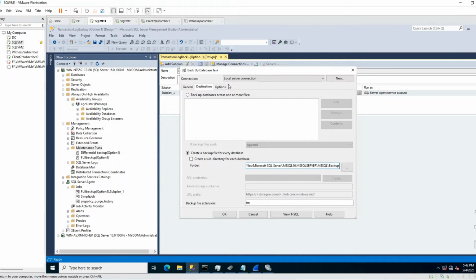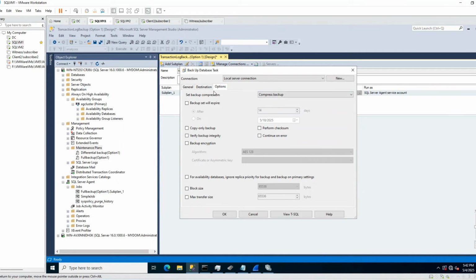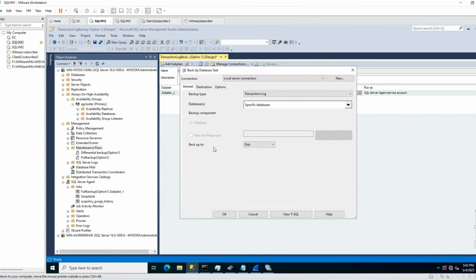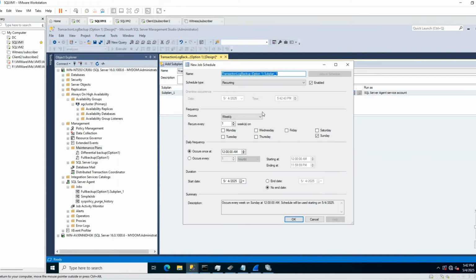Backup, and options, just compress. Okay, so backup to disk and everything is the same, and I will run this